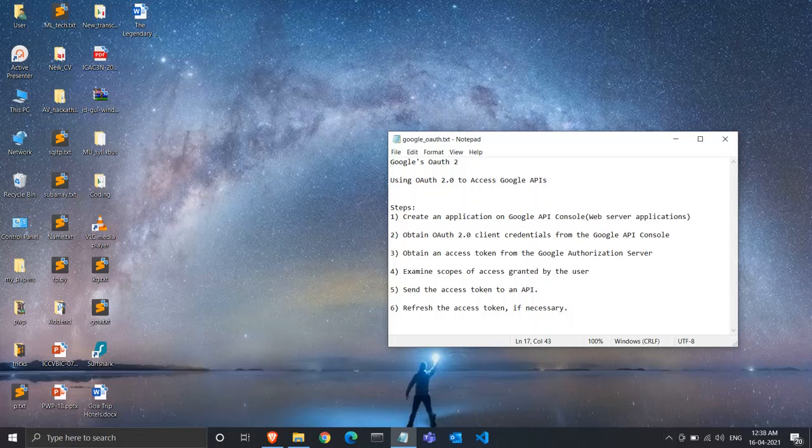So let's get started. Before starting, I would like to explain what is OAuth procedure. OAuth is an authorization framework that enables an application or a service to obtain a limited time access to a protected HTTP resource. So in order to use Google APIs, or for that matter any kind of API, Google has placed some sort of steps or procedures that we need to go through in order to authorize each of our requests to the APIs, so that the APIs will return the data only to the authorized applications or the users who are requesting the data. So now let's get started.